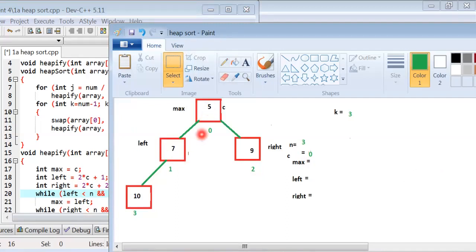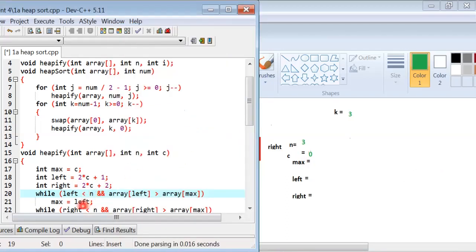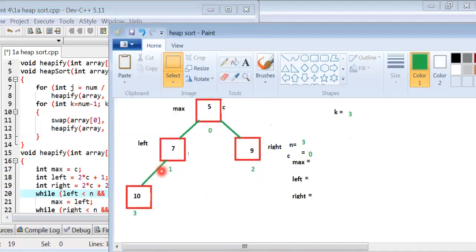Left is greater than max. Condition is true. Then left is inserted in max. The value of left is 1. The value 1 is inserted in max, which means max points to this,